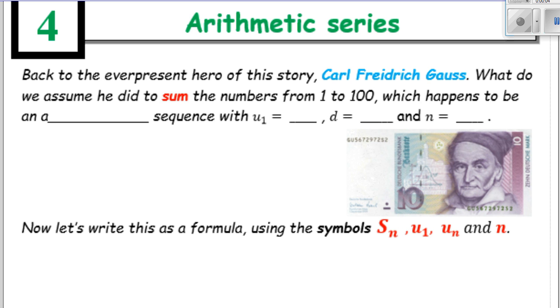know. Back to the ever-present Carl Friedrich Gauss. So arithmetic series are about adding things up. What do we assume he did to sum the numbers from 1 to 100? They kind of mention it in the video, which happens to be an arithmetic sequence. The numbers from 1 to 100 we decided was an arithmetic or geometric